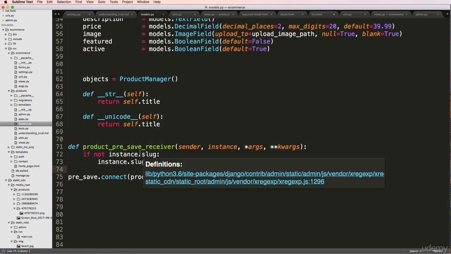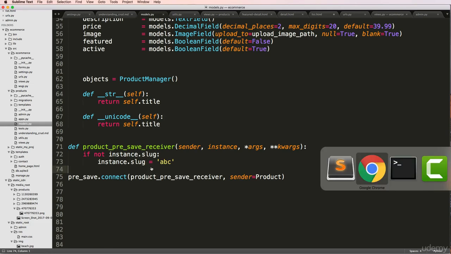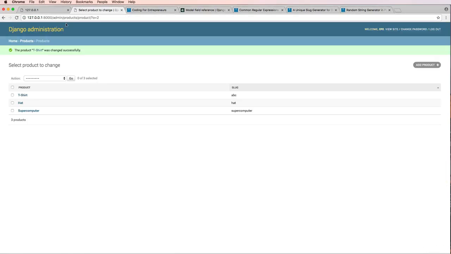So I realize I've just blown through these things and it went really fast. Signals are really a whole thing that we want to cover in its own section, but this is a nice way to introduce you to them so it hopefully sparks your interest in them, not really for full comprehension of everything that's going on here. But we will say that this will actually work. So it's going to change every instance slug that doesn't have a slug to being ABC. For example, let's go into hat,